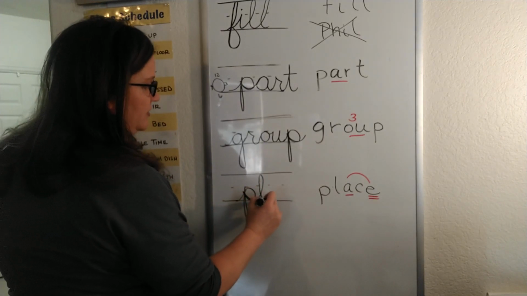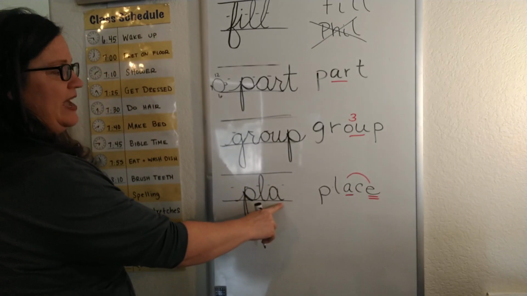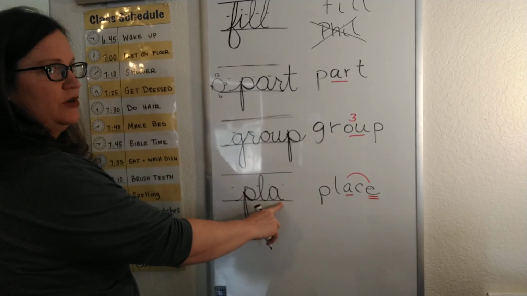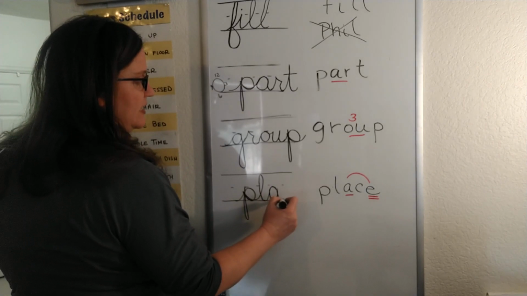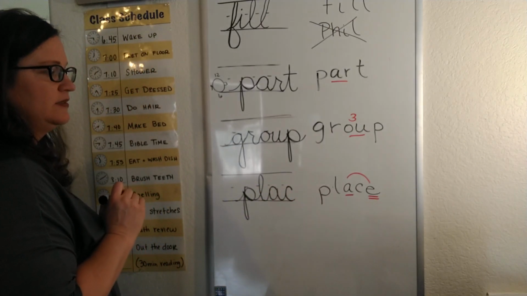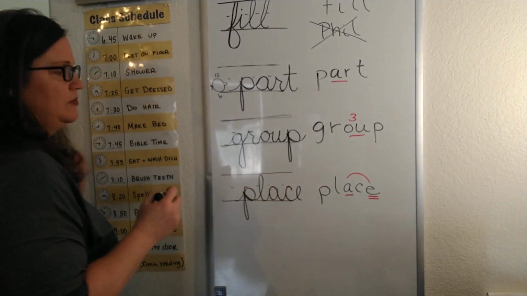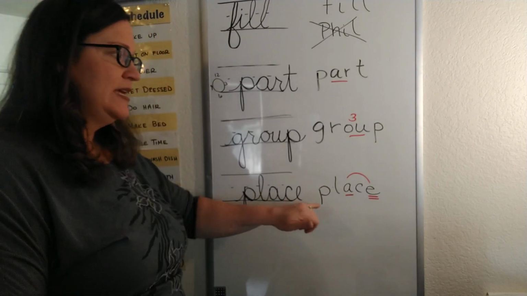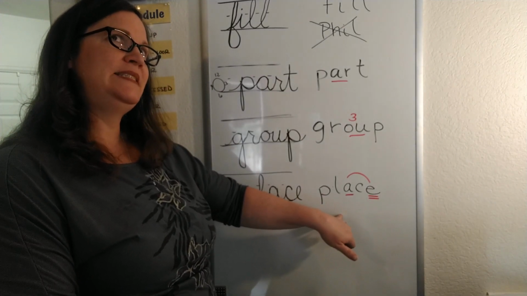A is a clock letter, stop at 2 o'clock, come back around and connect, and back down to the baseline. If you don't come all the way around to baseline, is P-L-O-C-E a word? No. Make sure you get to the baseline. C is a clock letter, stop at 2 o'clock, come back around, but do not connect. And your E is a little loop letter at midline. Place. That is the place for this word. Is this a homograph? Place the plate on